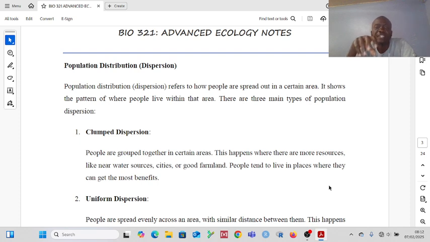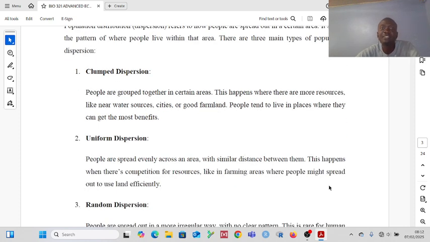It shows the pattern through which organisms are settled across a particular area. The main patterns through which populations can be dispersed or distributed in a particular area are either clumped,